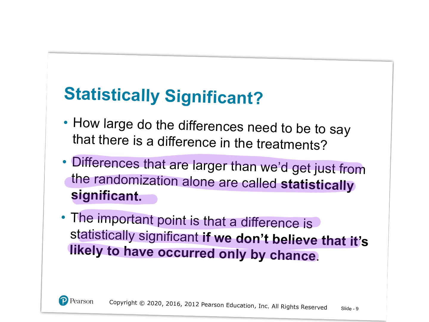So when they're making comparisons between two treatments, the difference has to be what's referred to as statistically significant, okay? In other words, differences that are larger than we would get just from the randomization alone. In other words, this control group that's taking this medicine, we're going to get results from that are fairly positive. The numbers better be a lot higher for that other group. Okay.